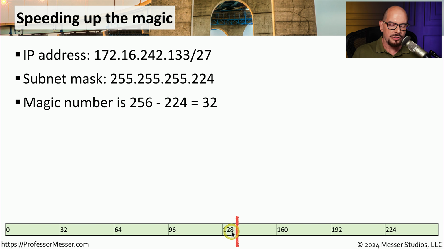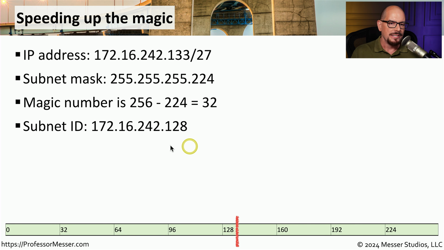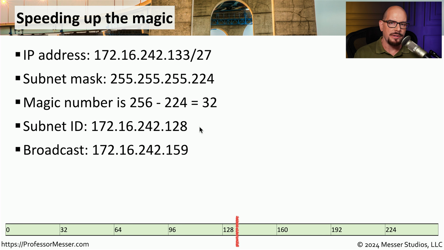Since we know it starts with a 128, that means that we can now change our fourth interesting octet to be that value as the subnet ID. So the subnet ID in this example would be 172.16.242.128. If you recall from our earlier calculations, to be able to calculate the broadcast information, we need to take the subnet ID value in the interesting octet, add that to the magic number, and subtract 1. So we'll take 128, add 32 to make 160, subtract 1, and that makes 159. So the broadcast address on this subnet is